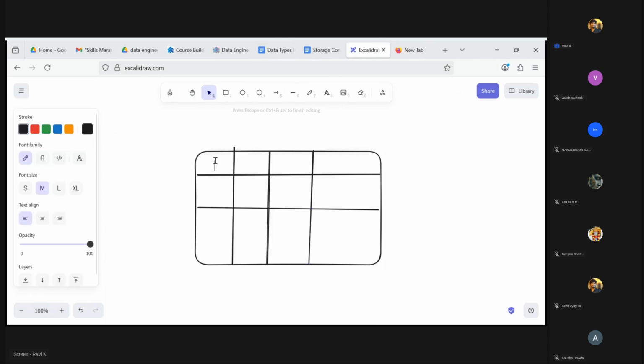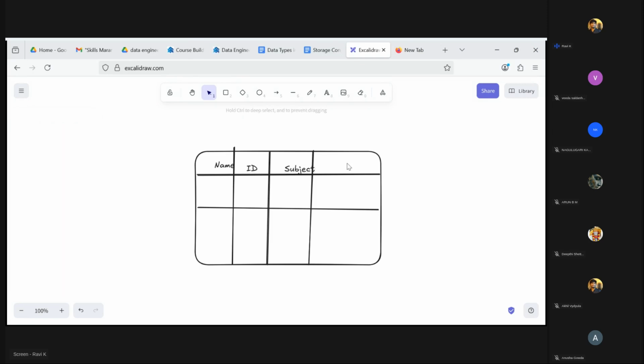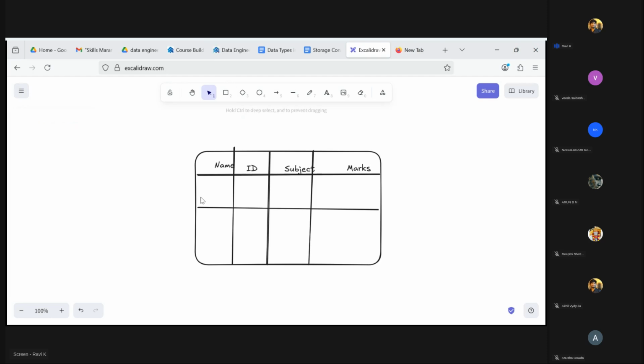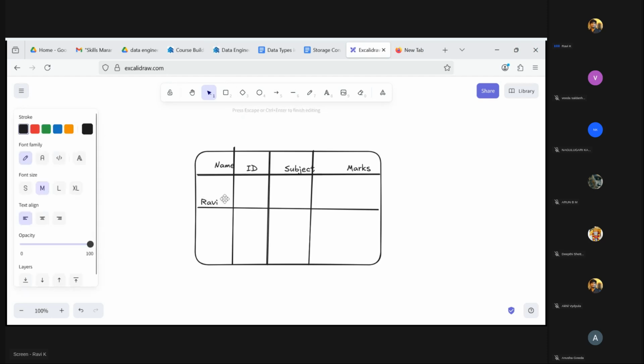Let's say this is name, then student ID, then subject, and for now let's consider only one subject, and its marks. Now let's say name Ravi, ID 1, subject Maths, marks